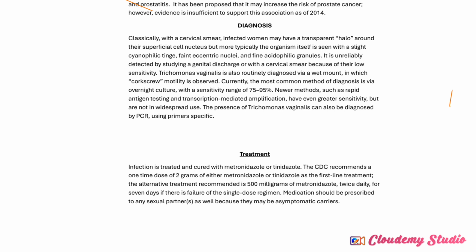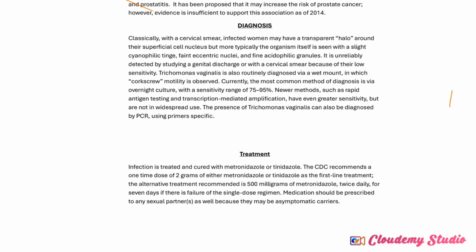But mostly it is recognition of the trophozoites. You understand? We can recognize the trophozoites on wet mounts of vaginal and urethral discharge. Remember, I told you that they can be presented with what? With discharge in the vagina or the urethra. So we can recognize it from the wet mounts of the trophozoites of the vaginal and urethral discharge. And also the culture of direct smear as well as microscopic examination. That is what we can actually use for diagnosis of trichomoniasis.